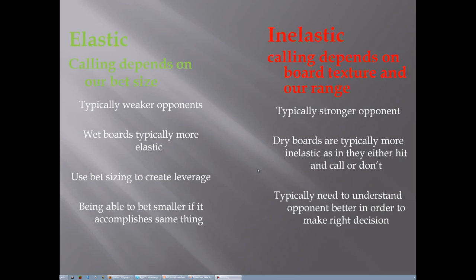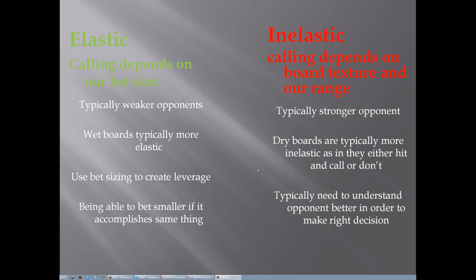Well, first we have to determine our hand strength to determine what the best strategy is going to be. If we have a value hand against this opponent, we want to be betting as big as possible. Typically, I would recommend as close to pot as possible against this villain, because we know that they're going to call with any piece. Then on the turn, we're going to want to bet again as close to pot as we think villain will call.